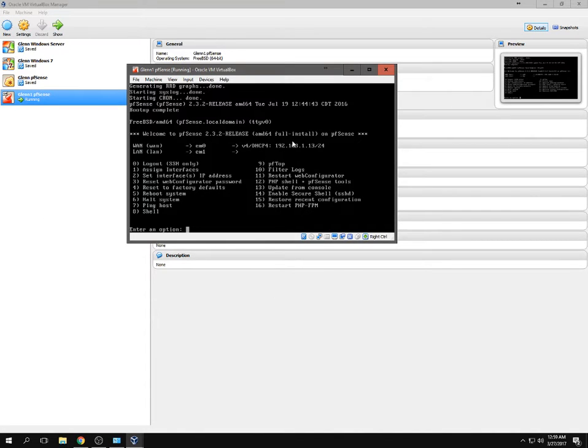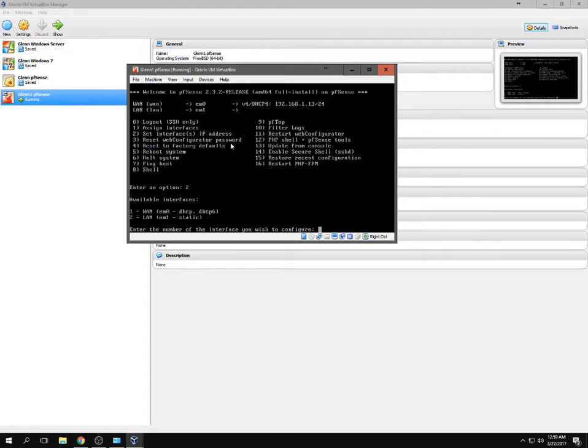So, right, but this thing is a router. So we need to make our own network, which we're doing with that. Mine is called Serena, yours might be called something else. So we're going to go ahead and do that. I'm going to go ahead and click set interfaces IP address. But I'm not going to click it. I'm going to actually type in 2. Oh, that is not 2. You have to have the numbers lock on if you do that. 2. Okay? If you type in 2 and hit enter, you are now communicating with this little DOS box pfSense,